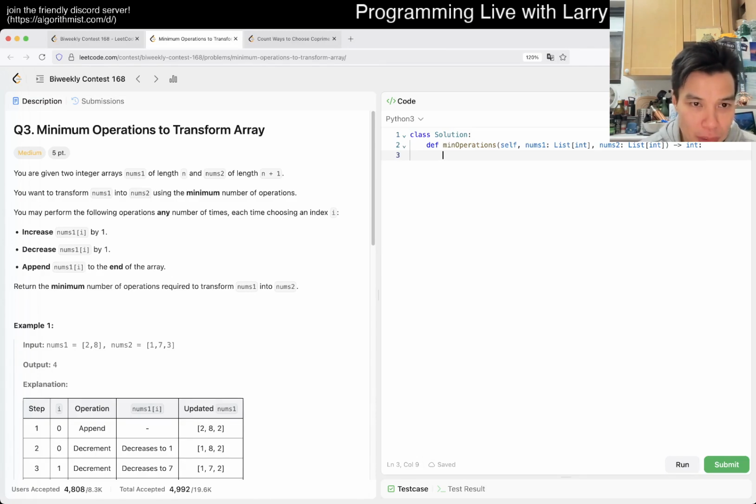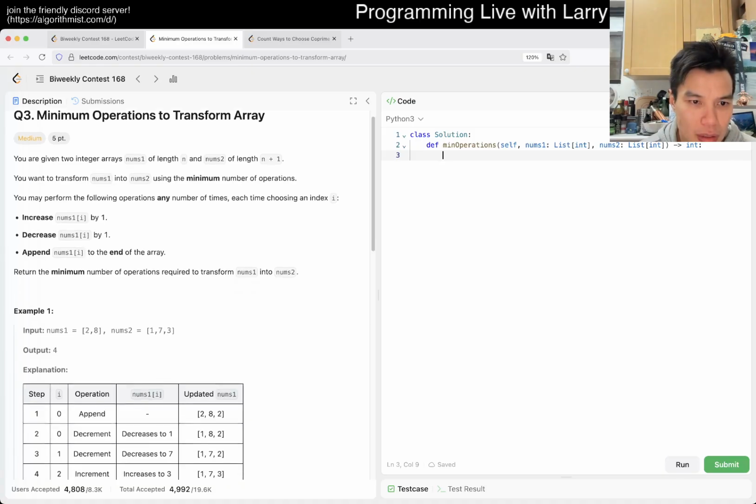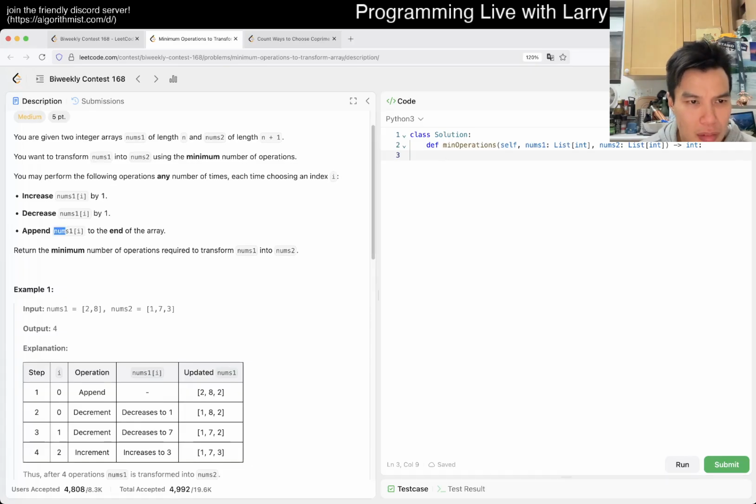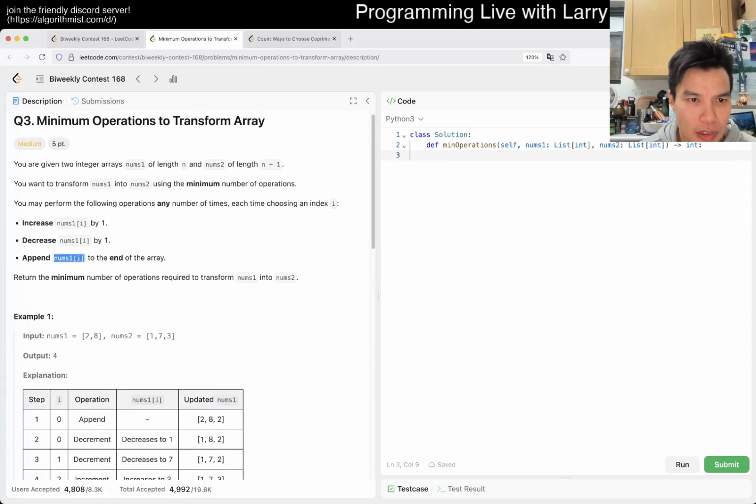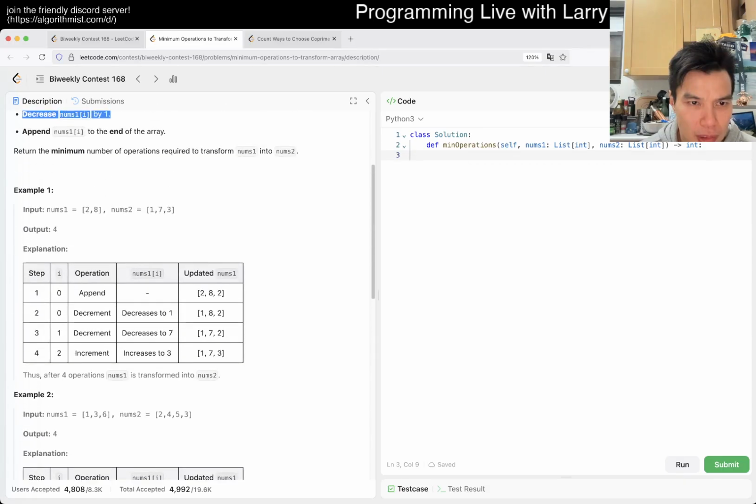Nums1 and Nums2. Nums2 is a little bit bigger. Transform Nums, increase Nums1. So basically, you can only add to the end of the array, right? So you only do this once, and then the other two. Okay, I think that's pretty